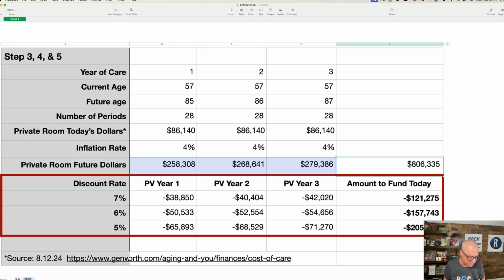This is an intimidating number: the potential cost, in future dollars, of a long-term care event at age 85 for 3 years. That's a big number. If I wanted to self-fund that, after I've picked myself up off the floor, I can't do that. But one thing that we forget, and this is steps 4 and 5, is